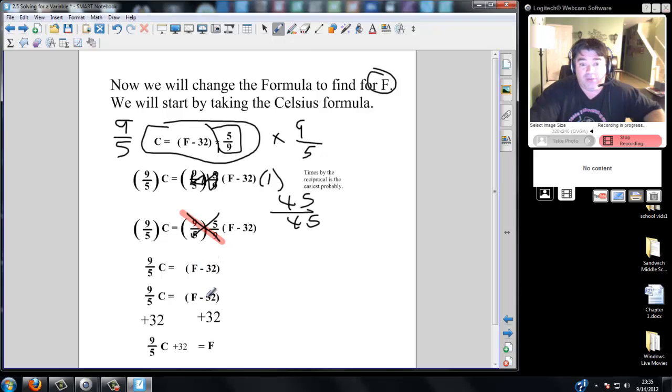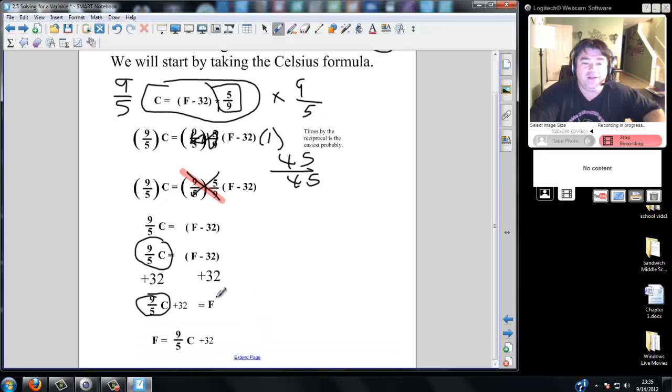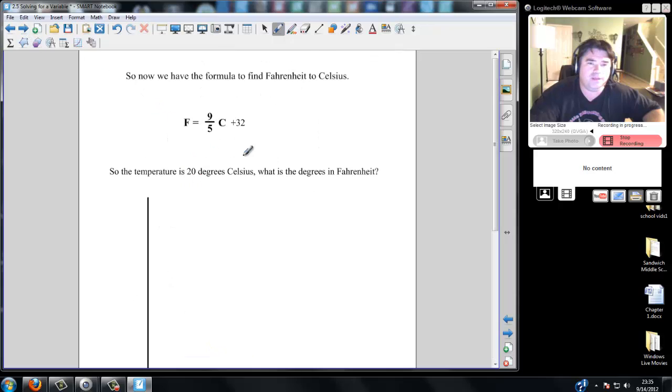The way to get rid of the minus 32 is add 32. So I'll add 32 over here, add 32 over here. Make sure that you cannot add 32 to this. It just goes alongside it. I usually keep the variables first. It's easier than plus 32 equals the F. There you have it. So, now that I have the Fahrenheit formula of F equals 9/5 C plus 32,